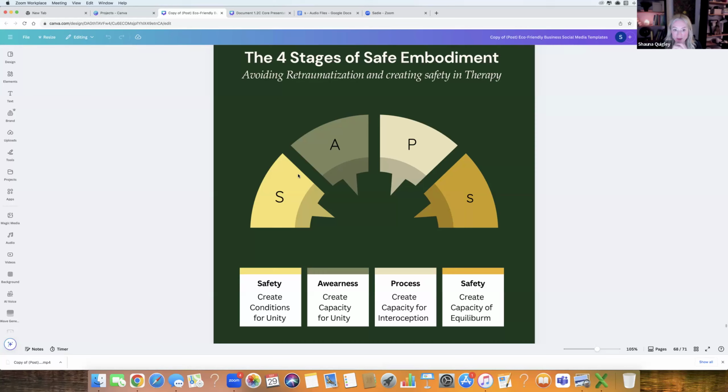Can they move safely into it in awareness? Can they process it appropriately? And can they come out the other end in a state of equilibrium, returning to their now, returning to their place in this now? Can they anchor back into where they are, who they are, what is required of them